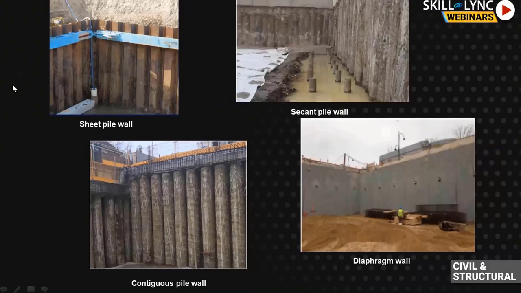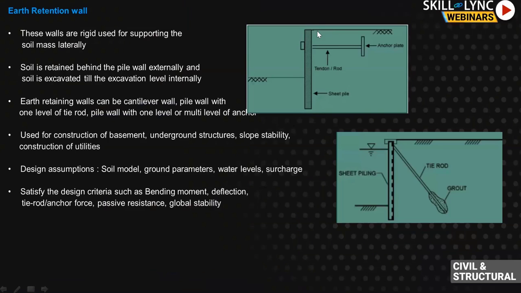So you cannot just propose that we can go for secant pile or sheet pile. No, you have a specific purpose. You will have this soil profile here, okay, you will have a ground. But when you start installing this sheet pile wall or a secant pile wall, what will happen? Once you have a sheet pile wall installed in the ground, you will try to excavate your soil here. This is the external side, this is the internal side, this is the construction area.